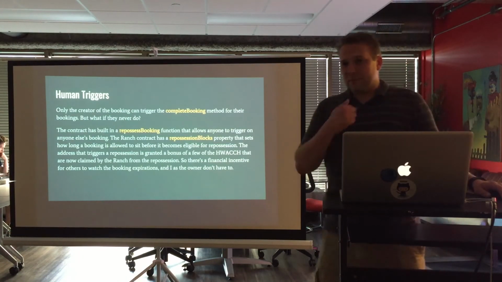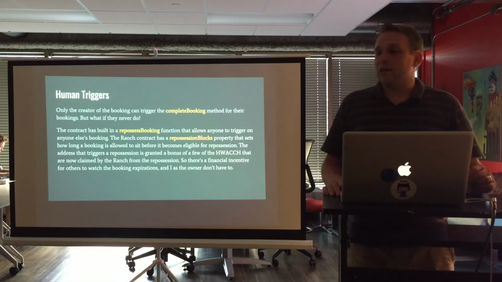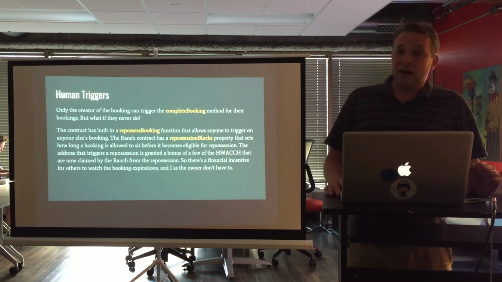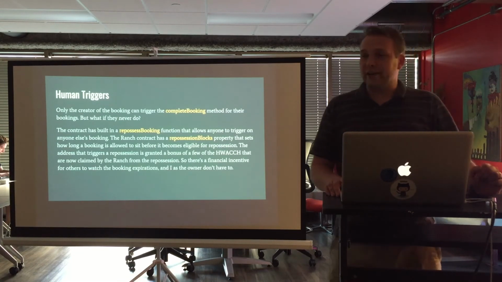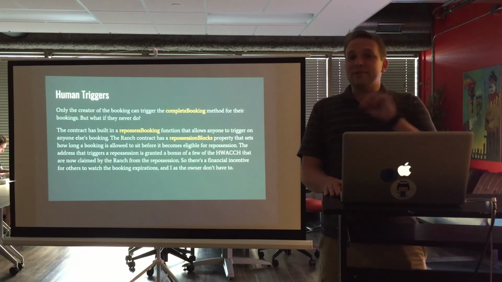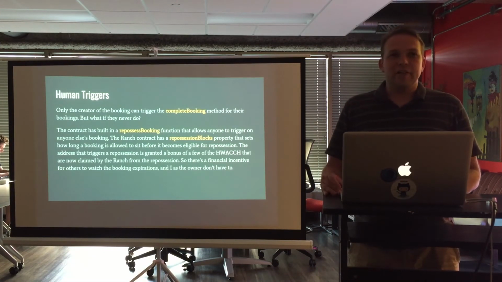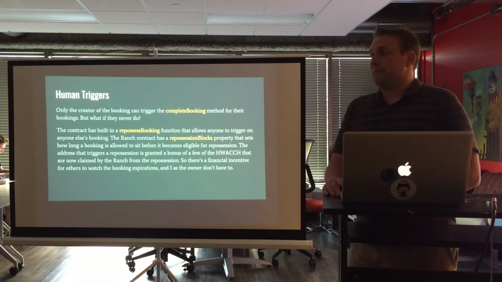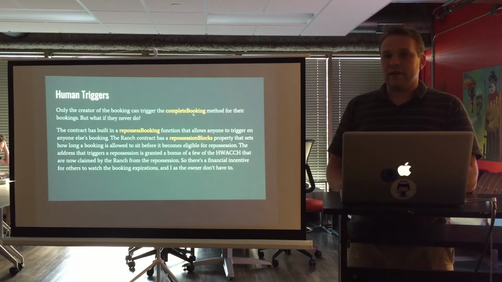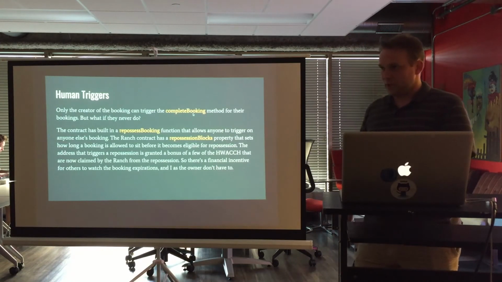I built in, because me as the ranch owner, all these unicorns sitting around are just going to be eating up food, and I don't want to be, if you only paid for a spa visit and you leave it here for a month, I'm the one who needs to pay to feed it and clean up after it. So I did build in a repossession function. There is a function on the Unicorn Ranch to repossess a booking. The complete a booking has to be called by the person who created it. Only you can complete your own bookings.